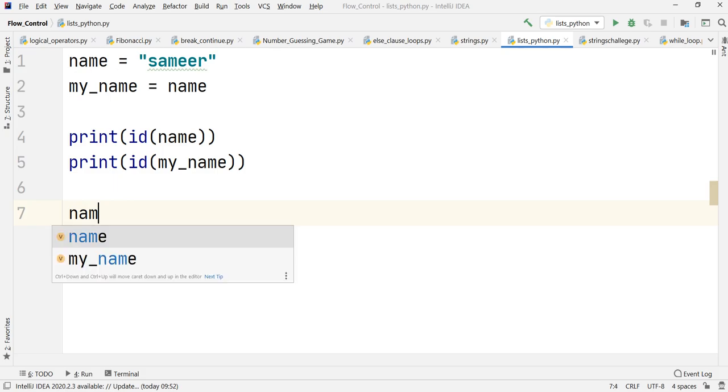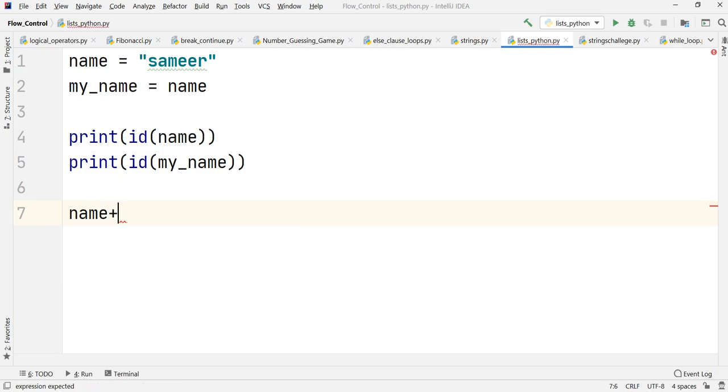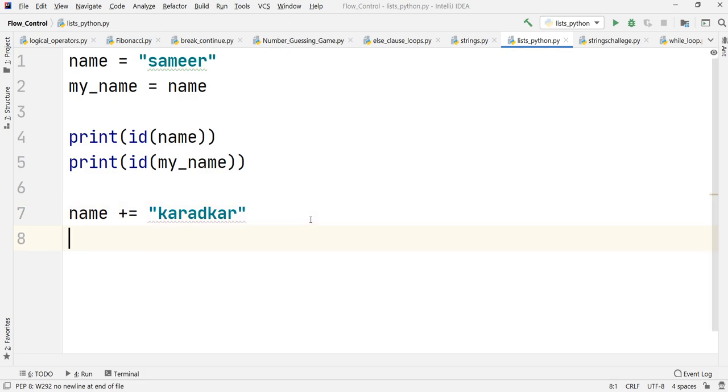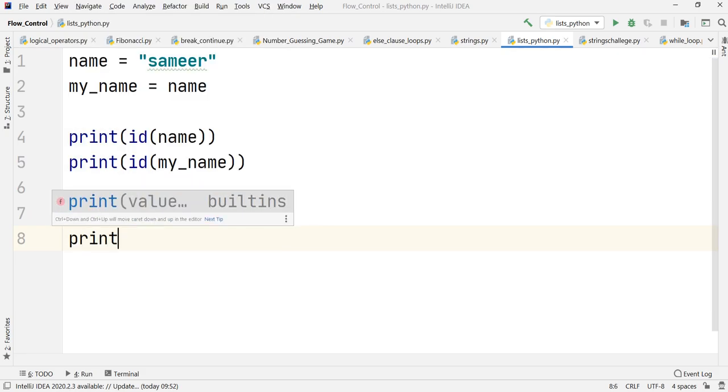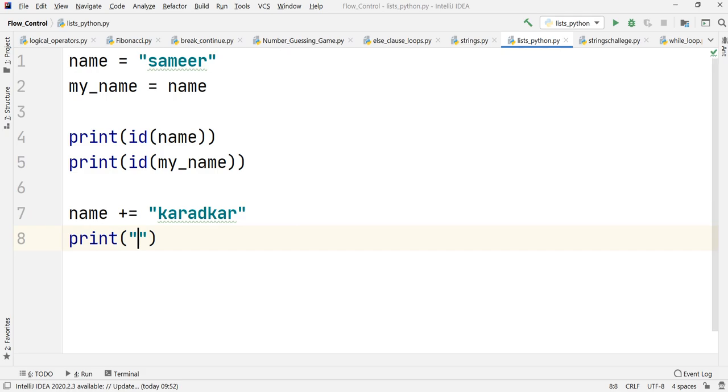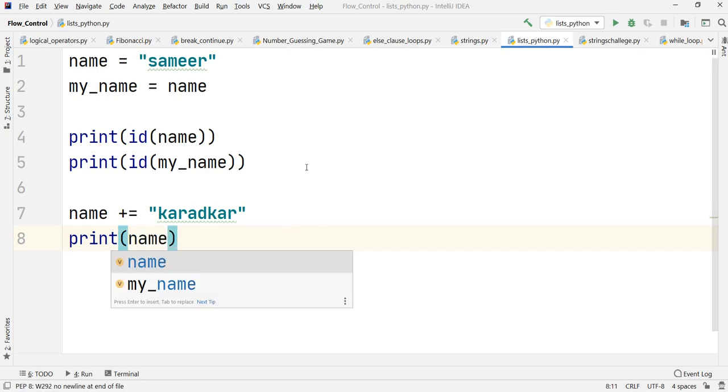I'm going to write a statement over here. I'll put a space there so as to make Python happy, and I'm going to attach my surname to that. This is the line that I have written. After this, let us print our string as well, the string that is there in name. Let's see what will happen.